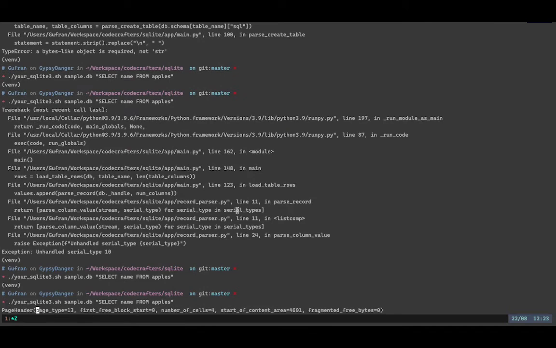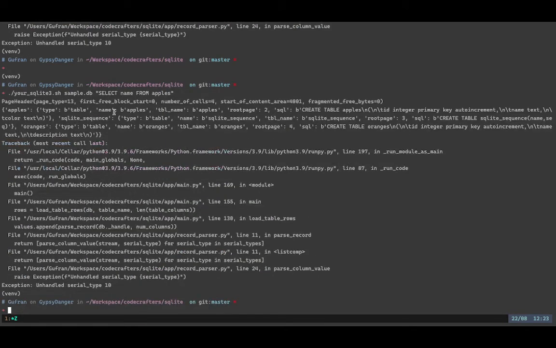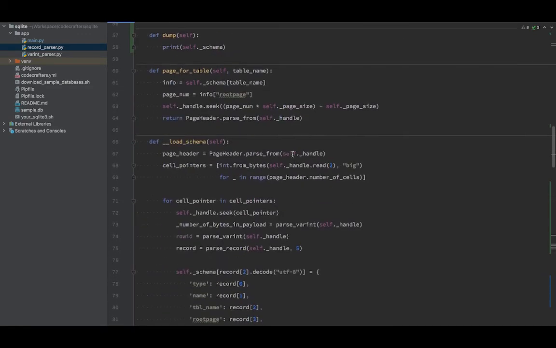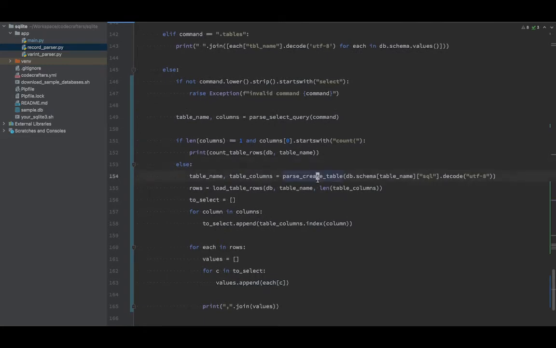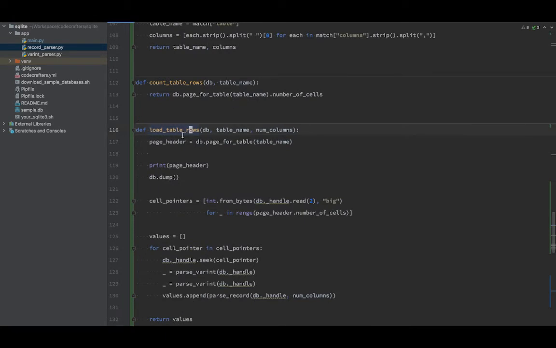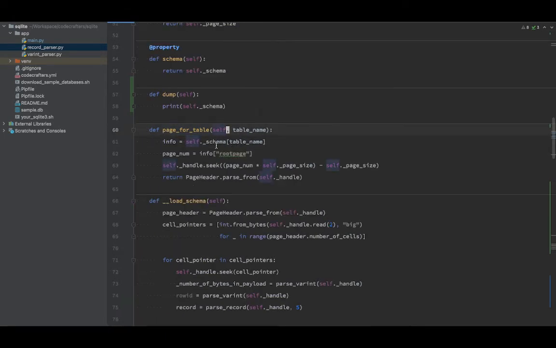Actually, make this one big. Right. So we have page header for whatever that is. Apple's table, type table, name Apple's table, Apple's root page is 2. Okay. So let's do this using our brain. Parts create table and then load table rows. We go to load table rows, db.page for table. Page number is 2. So 2 into